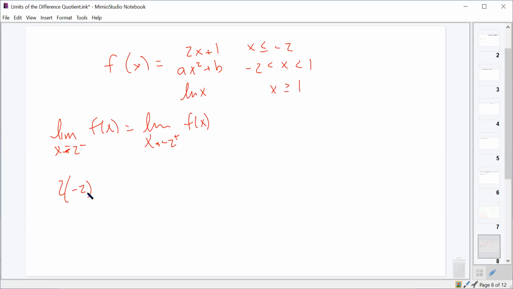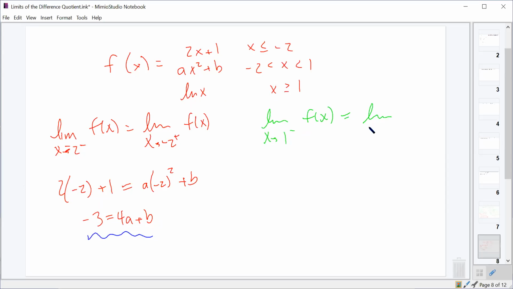2 times x, which is -2 plus 1, needs to equal a times -2 squared plus b, so this becomes -3 equals 4a plus b. So that in itself is not enough to determine what a and b are, but luckily we've got another piece to this, which is we need the limit from the left of 1 to equal the limit from the right of 1,